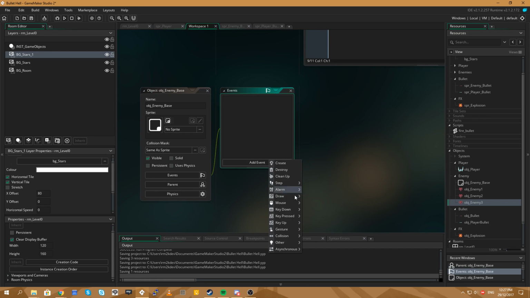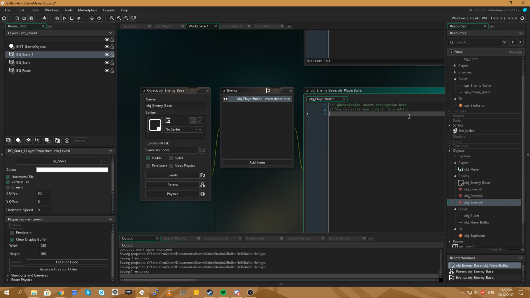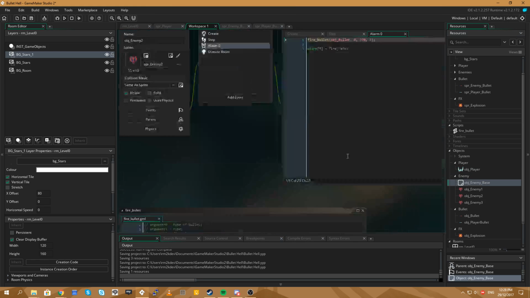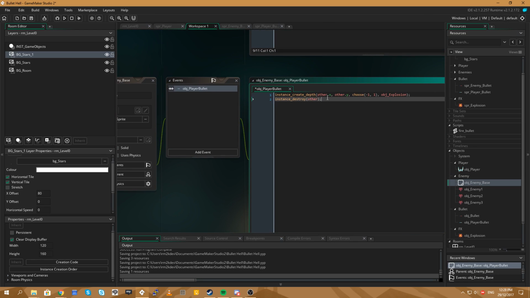Then we'll deal with the collision to a player bullet in here. And we'll do the same code that we did for the player colliding with a bullet. So we'll just copy this one, but we'll put that into our enemy base. So other.x is the player bullet. We choose whether or not it's going to appear below or above, and then we destroy the bullet.